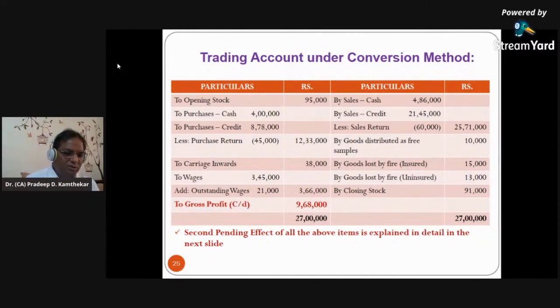Now what debit is pending? You know, when the goods are returned, obviously they are returned to suppliers. So the second effect of this must go to the supplier's account. And as I said, from the debit side, when we minus something, that means it is credit. So this is credit, and for this credit, a corresponding debit has to go to the supplier's account, that is the creditor's account, that we'll see afterwards.